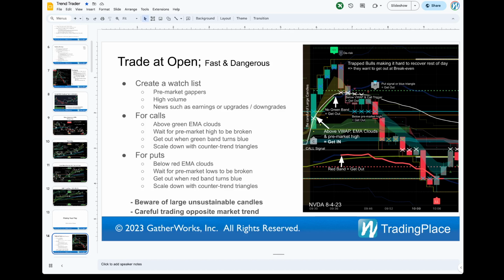And what you've got to understand is that when you move into the 10 a.m. area, anywhere from 9:45 to 10 to 10:15, the trend could change. So you definitely want to take profit into that 10 a.m. time frame so that you have your profits. And if the trend changes, then you're fine.